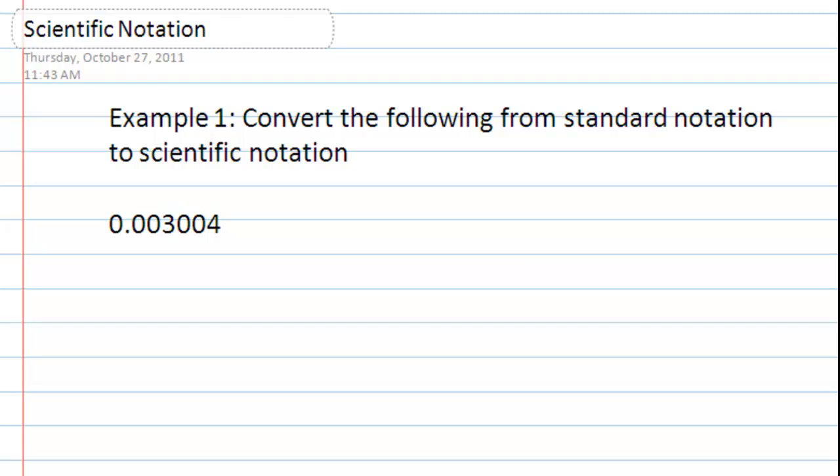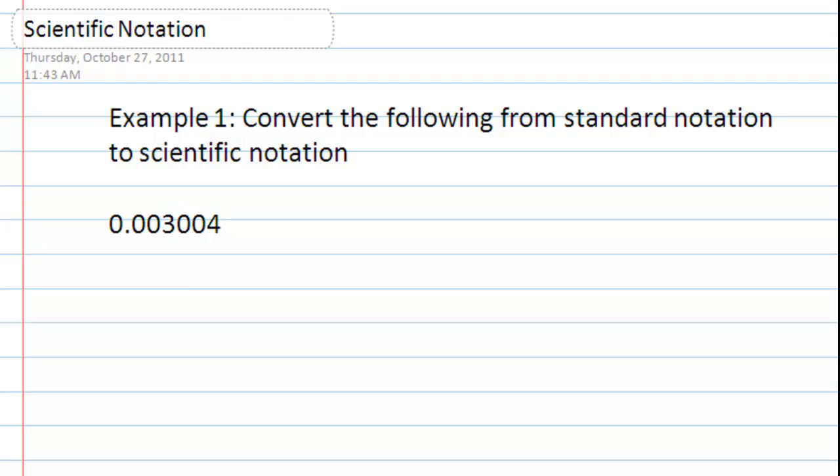So in science, sometimes you're going to be dealing with very large numbers, such as astronomical distances between planets, or stars even, and very small numbers, such as the wavelength of light, which is typically 0.00000 something when you're talking about visible light anyways. And if you don't understand that, that's okay, because that's physics, and we're just going to be dealing with the